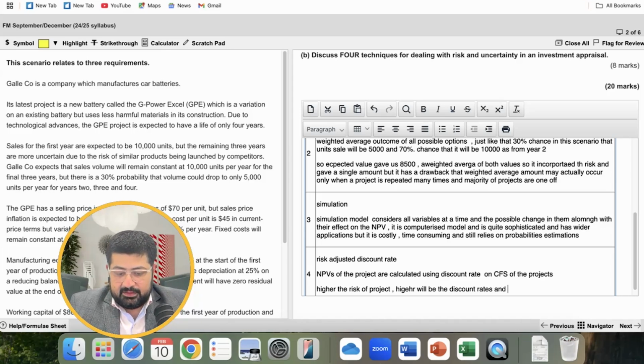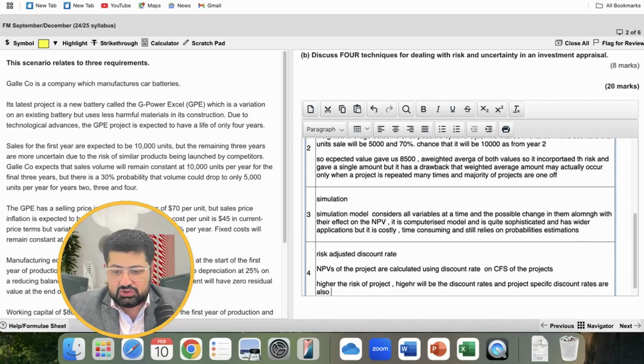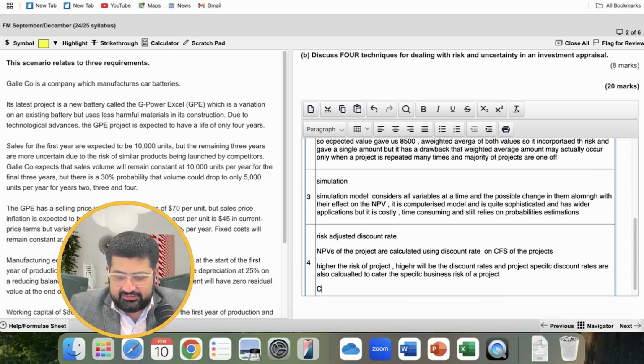Project specific discount rates are also calculated to cater to the specific business risk of the project. Capital asset pricing model considers the same,